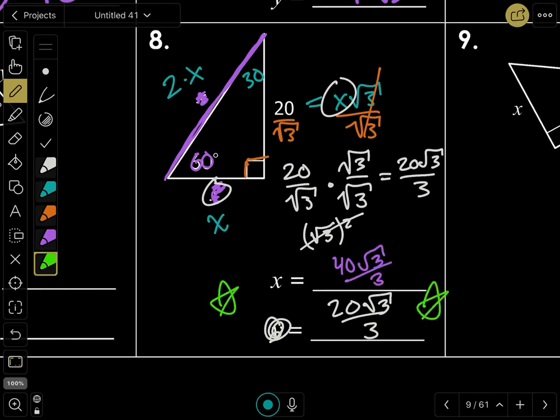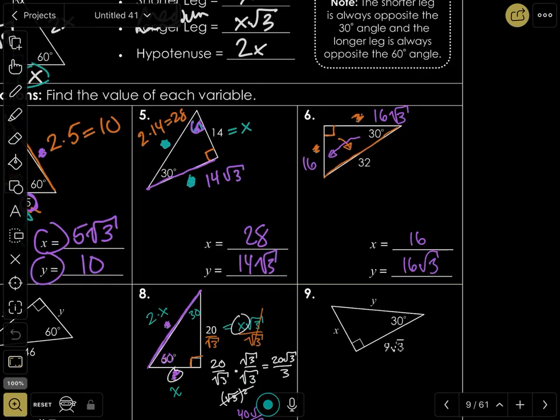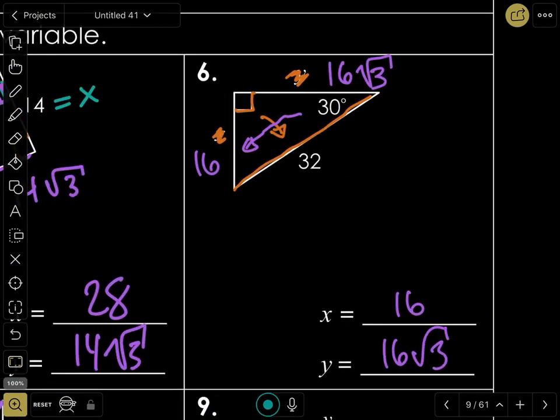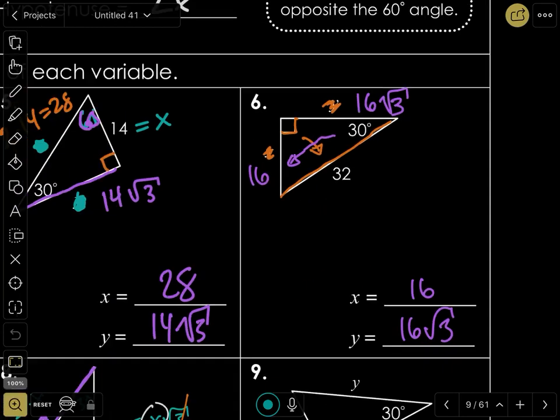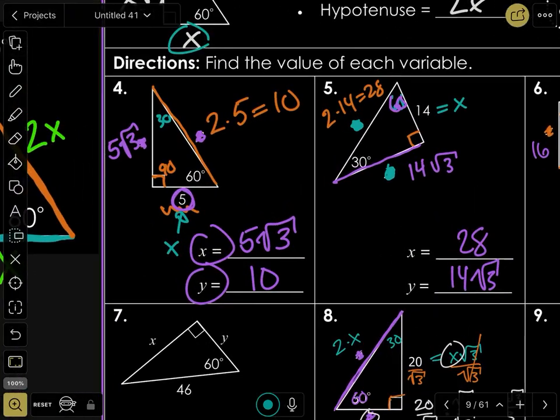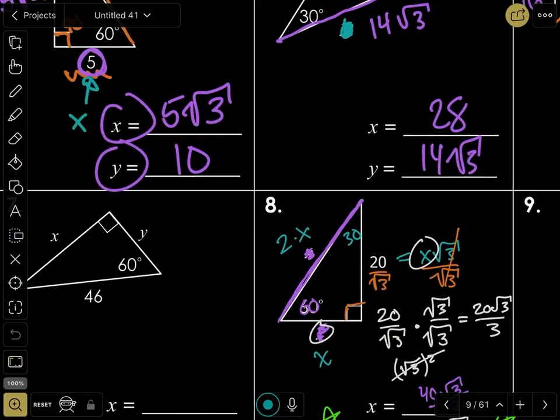Actually, this is how you know the problem will be difficult, because as you've seen, having the hypotenuse, we can just divide by 2 to get the number we need. Or, in the first 2 problems, we were given the number we needed. We were just given it. 5, 2 times 5, 14, 2 times 14. So this, when you were given the 60